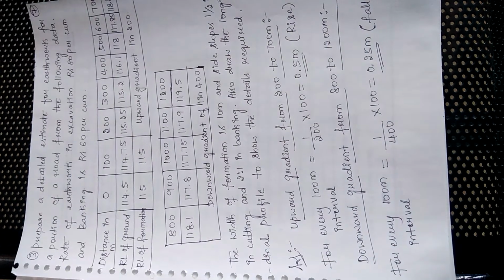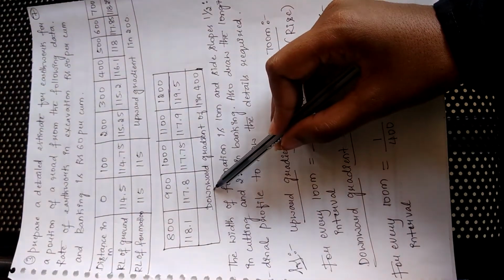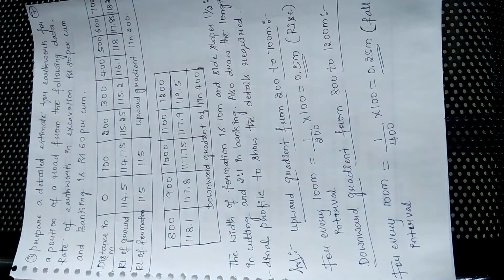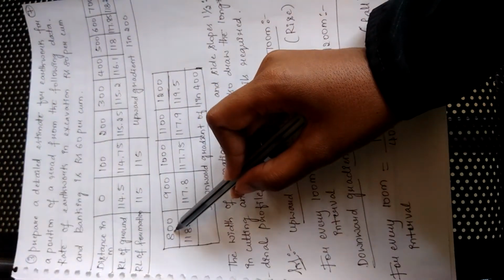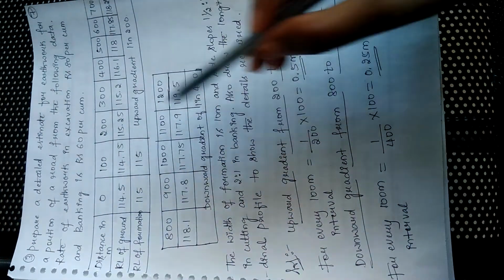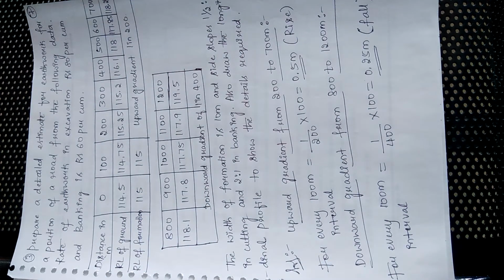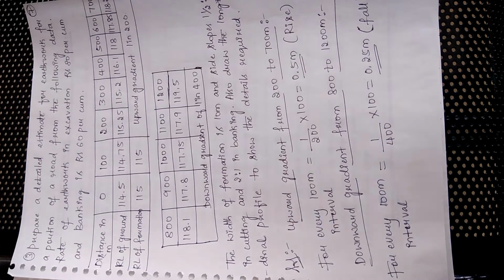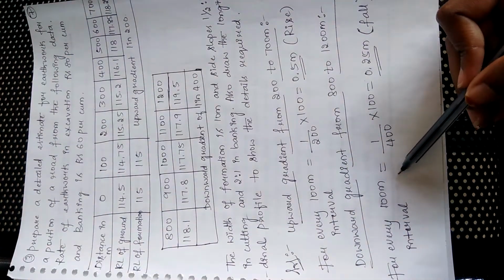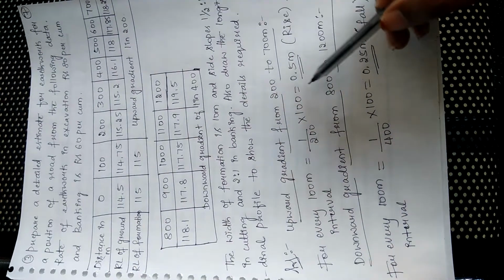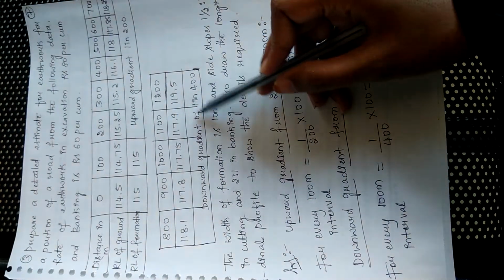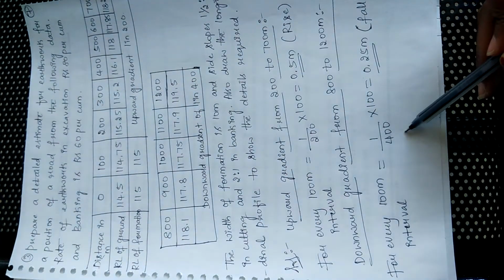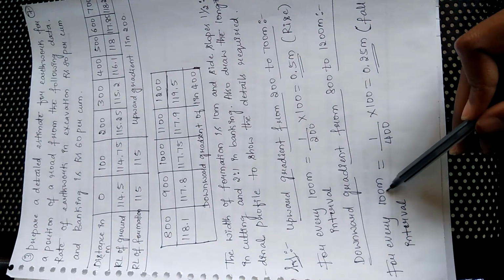Similarly, let us do it for the second gradient here. The second gradient is the downward gradient, which is of 1 in 400. So now you write a sentence as downward gradient from the chainage 800 to 1200 meter. Now again, you have to find the height of the rise or fall which is taking place for every 100 meter interval here. Hence, for every 100 meter interval, the height will be found by multiplying the gradient with the interval. Here the gradient is 1 in 400. You write this as 1 by 400 into the interval, which is 100.